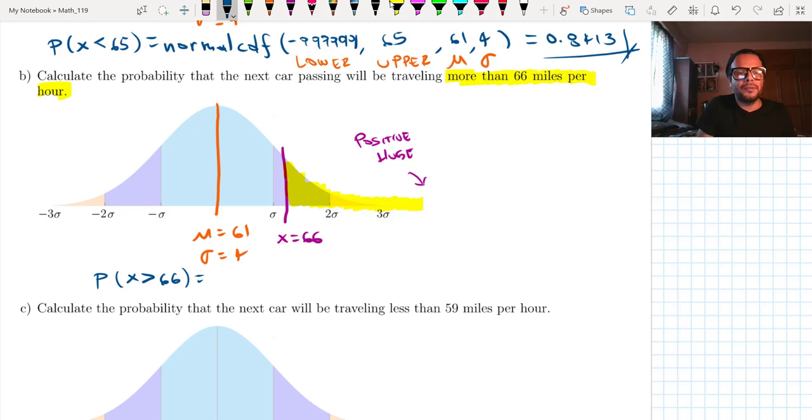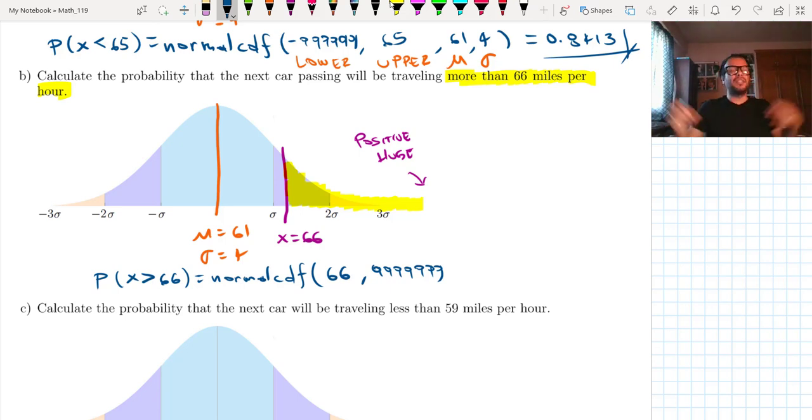This is going to be normal CDF of lower, which in this case is 66, upper, which in this case just put a big number, I don't know, 9999. So how big? In a way that is impossibly big relative to the situation that we have. So imagine traveling at this speed, it's huge. So just to be sure that it's going to cover the highest endpoint of the graph, and then the mean, which is 61, and for